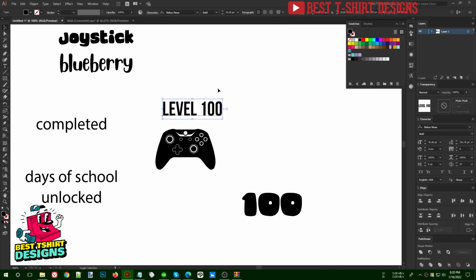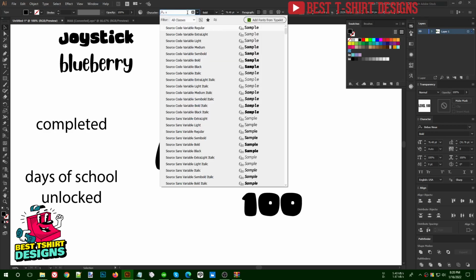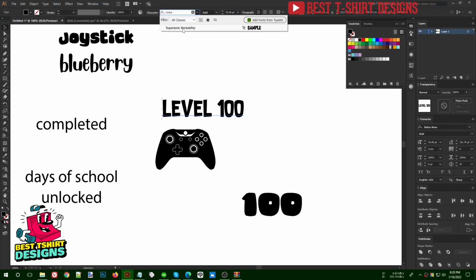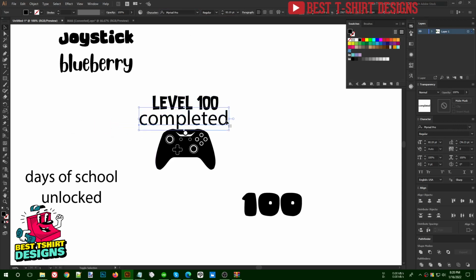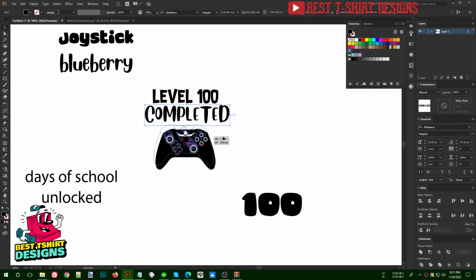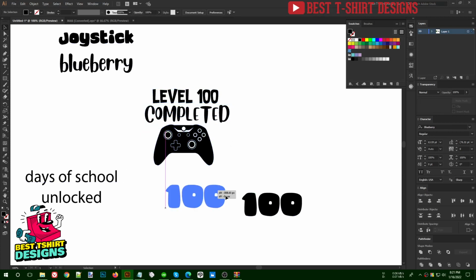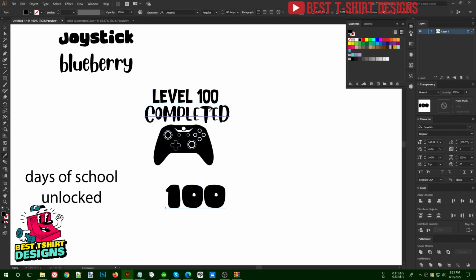Or let's use another, a kid related font, level 100. This is a font I use for kids designs. Completed, and this one I'm going to make maybe in this Joystick or Blueberry font. Okay, this one is supporting that all caps option. Level 100 completed, and then this one I'm going to